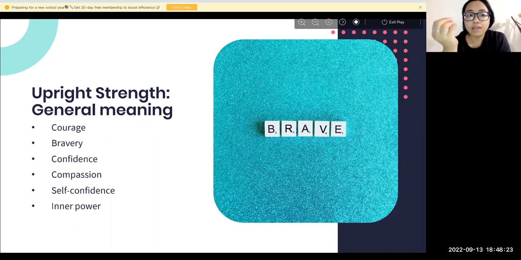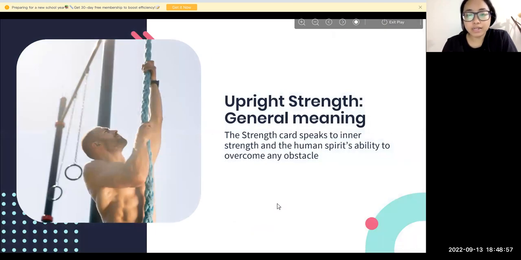Now look into your life. Whenever you've gone through some bad phase in your life, there is a certain inner power that comes and tells you, don't give up, don't give up, don't give up, isn't it? I'm sure some of you have experienced that in your life, where you have gone through a lot of pain. You tell yourself, no, don't give up. You have the power, you have the confidence. Even if you feel zero confidence, you tell yourself not to give up, right? So that is what the inner power is telling about.